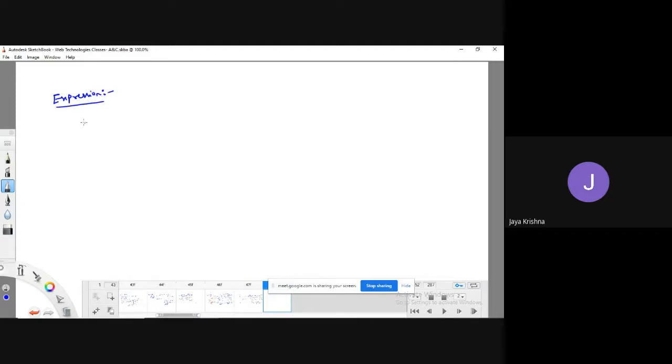For example, if my minimum width of the screen is 480 pixels, then this expression will yield true, meaning that if the width of the screen is greater than or equal to 480 pixels, this expression is true. Or I can go for maximum width of the screen as 900 pixels, meaning that if it is less than or equal to 900 pixels, I need to apply some properties.